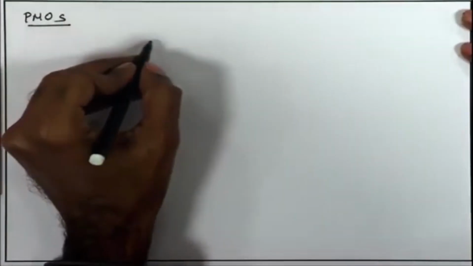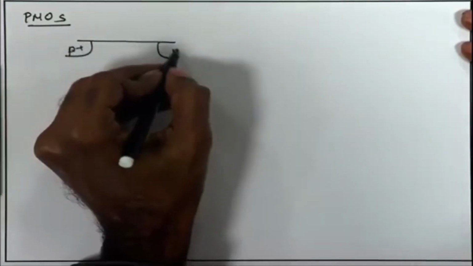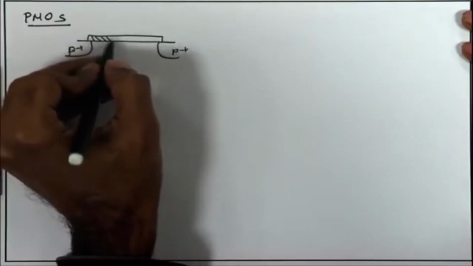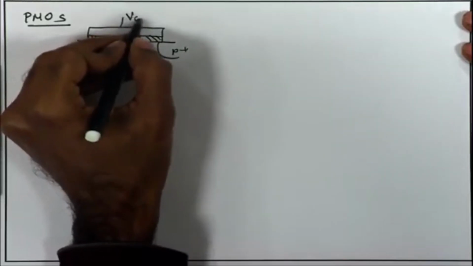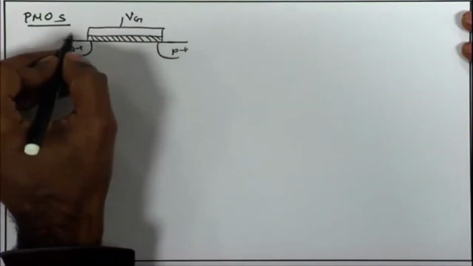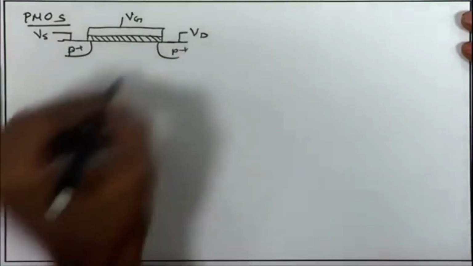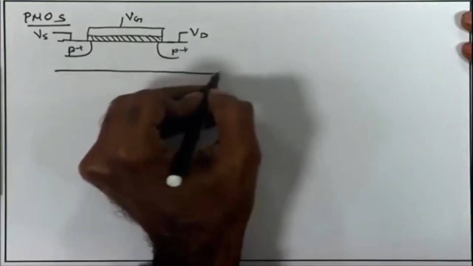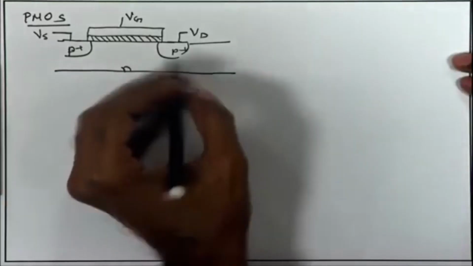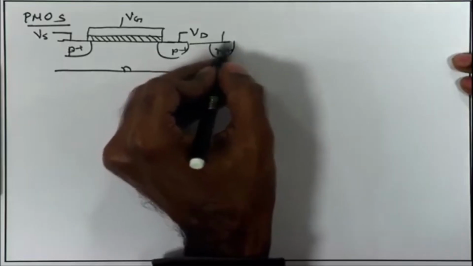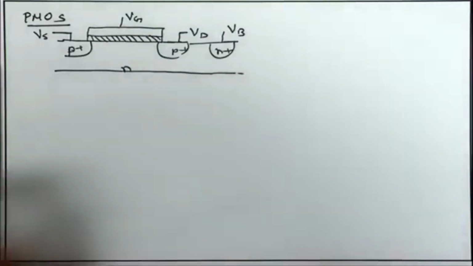So, for PMOS, the device structure is just the reverse, as we have seen in the very beginning. You have P plus source and drain, and you have the oxide as before, and the gate terminal VG. You may be having a source voltage which is supposed to be higher in this case, and the drain voltage VD, and likewise you may be having the substrate contact. This is an N well, if you remember, we had discussed the concept of N well, and we are going to have the N plus contact coming out. This is the VB, the bulk contact for the PMOS. Now, in this case,